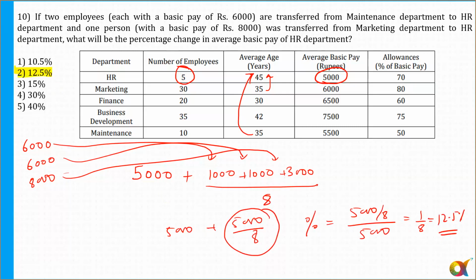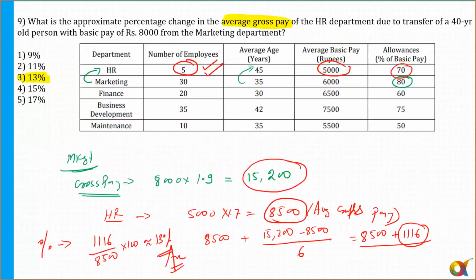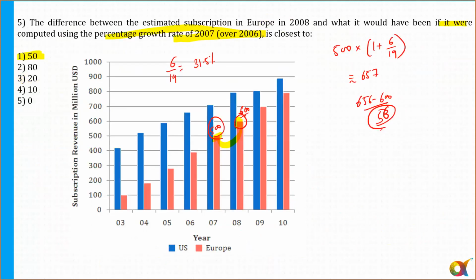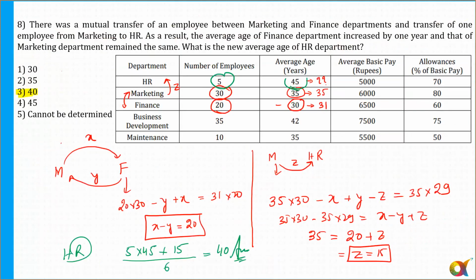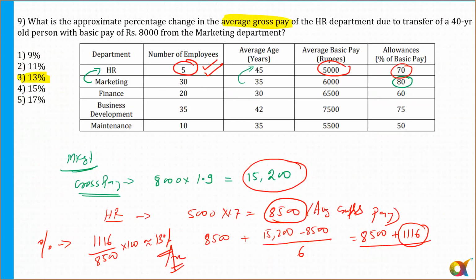Now tell me if there are any doubts. Clear? If I were given a choice between this set of 8, 9 and 10 and questions 4 to 7 or 1 to 7, I would prefer attempting questions 8, 9, 10. They are straightforward questions. Maybe in the calculations you might take some time, but it is not a difficult set. Clear to all of you?